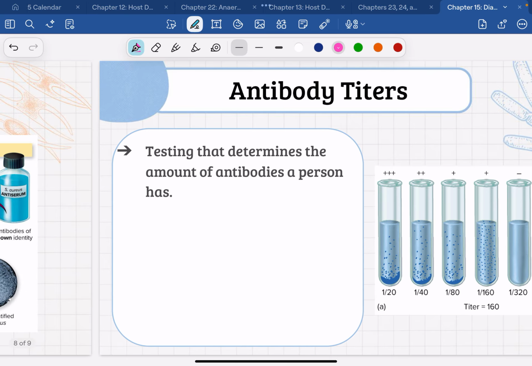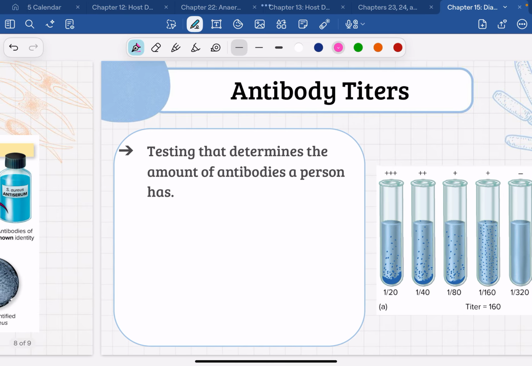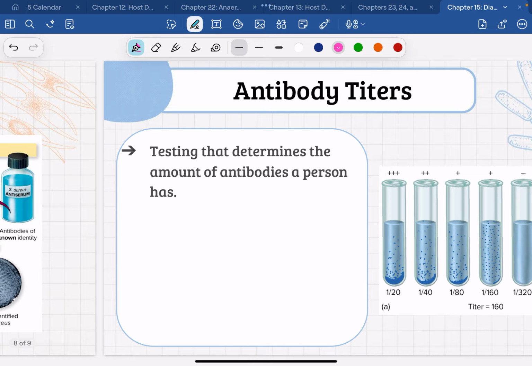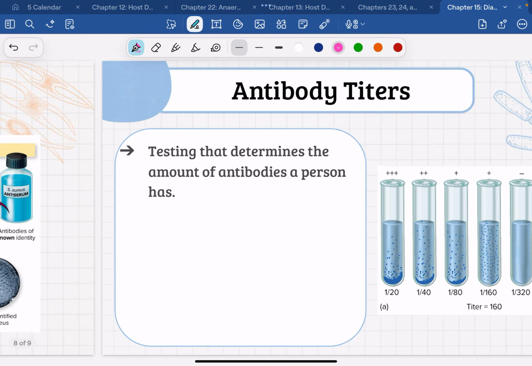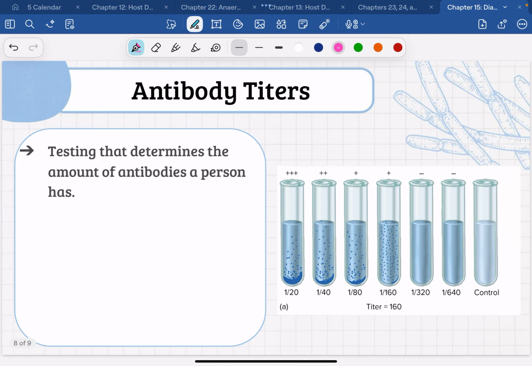So it's taking that same immunological idea from before, does this person create antibodies, and doing it over and over and over to get an idea of how many antibodies that person has. And this can be really useful for a couple of reasons. One, to determine